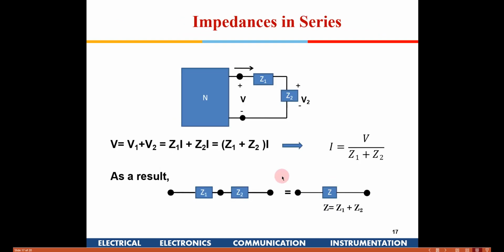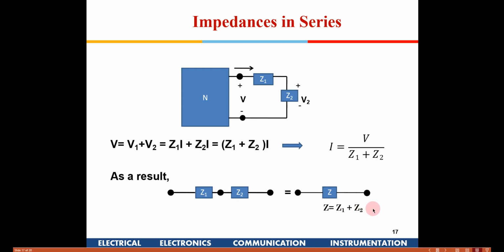So, these small things we need to remember. When we have impedances in series, like in the case of a resistor, where they were pure real numbers, now they could be complex numbers also. So, the same mesh analysis, the net impedance can be written as Z1 plus Z2, or if there are n elements, Z1 plus Z2 plus up to Zn. So, any impedances connected in series will be the sum of the impedances.